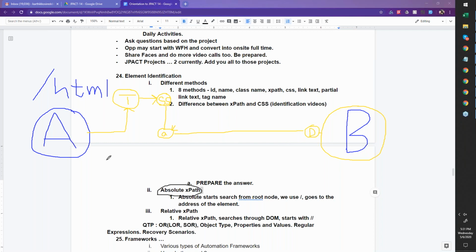Now, the directions are all dependent on where this is located, traversing through the entire path. So tomorrow, if someone comes and says the shoe shop is gone, you cannot get to B anymore using it. Why? Because the path is broken, so it does not point. So your absolute XPath, the way you need to answer, team, is that it is predominantly defining where my element is in the page.